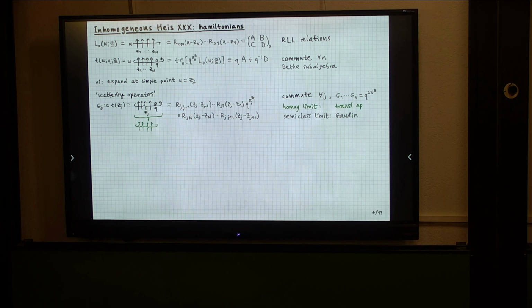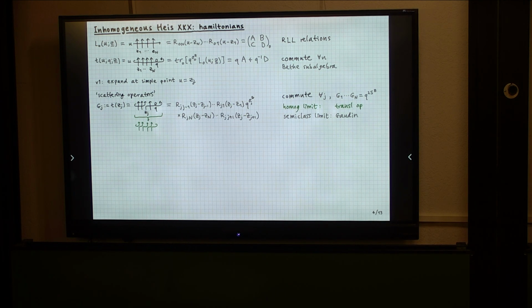And what we usually do is we take the trace, or maybe the twisted trace, which here I just take some diagonal twist, and then we compute this twisted transfer matrix, which is just Q times the A operator plus Q inverse times the D operator. And this twist is not really important, but at the end it will be kind of nice to take some limit, so I'll include it because it's no problem anyway. And a bit more technically, the algebra generated by this transfer matrix is called the Bethe subalgebra. So it's an abelian subalgebra of the Yangian,